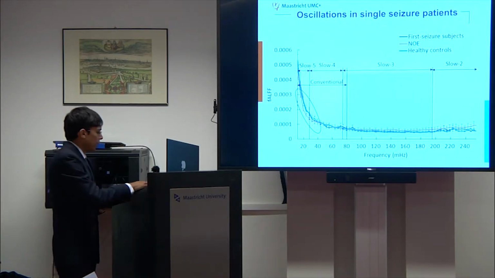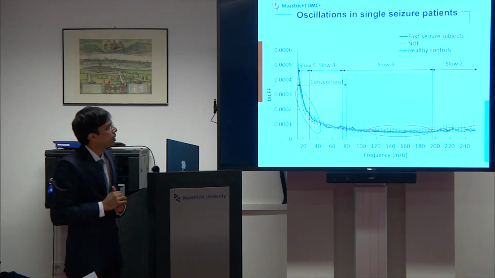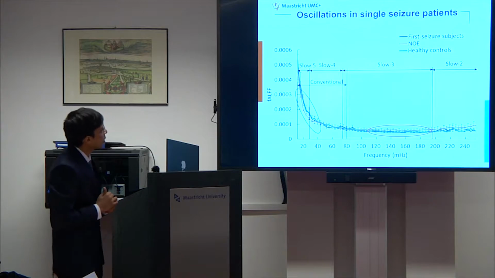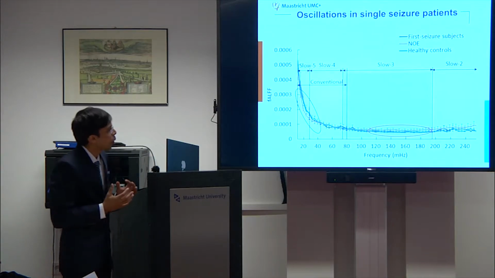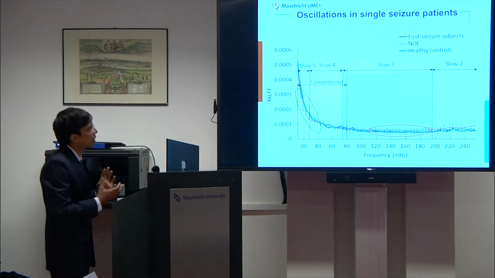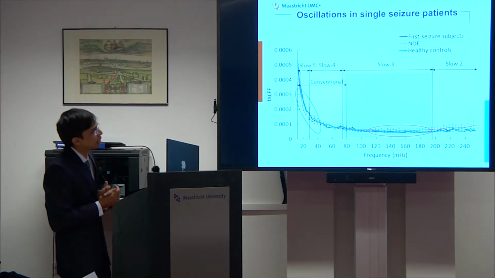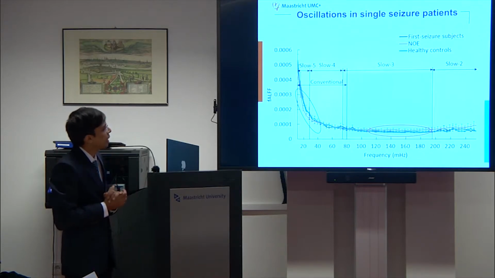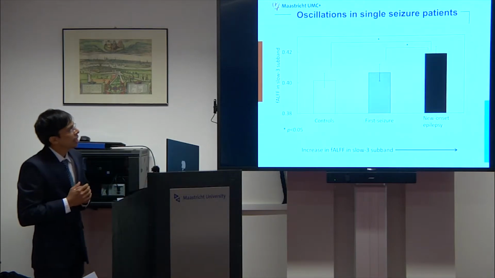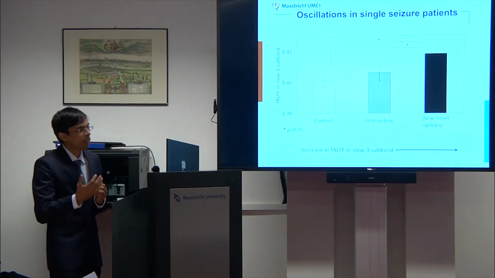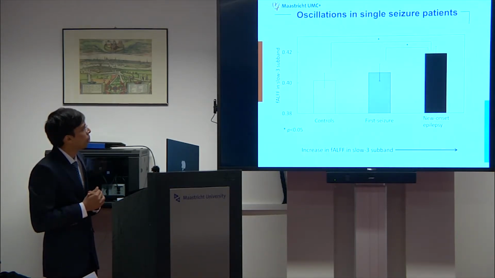However, in the slow 3 subband, we found significant differences between new onset epilepsy patients and single seizure subjects. One of the reasons could be that in lower frequencies, single seizure subjects show some kind of abnormality which was not prominent enough to categorize them as patients, hence there were no significant differences. However, in the slow 3 subband, they did not show any abnormality, hence there were significant differences. Clinically, this is an important result and a step forward to differentiating between single seizure subjects who would end up with epilepsy and the ones who would remain normal.